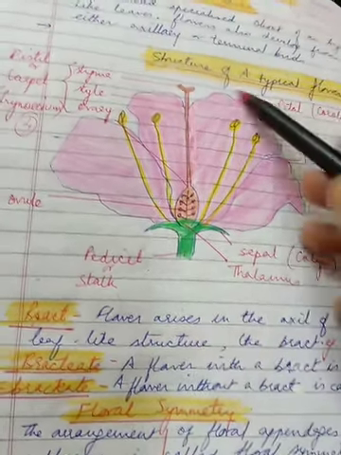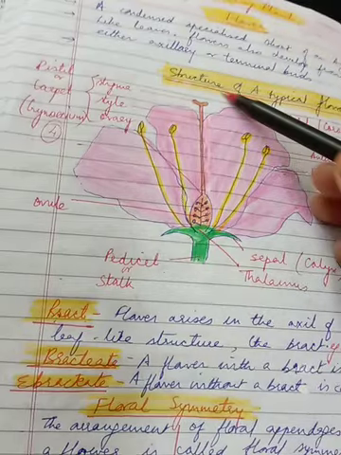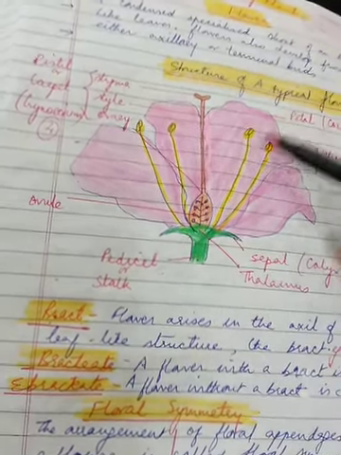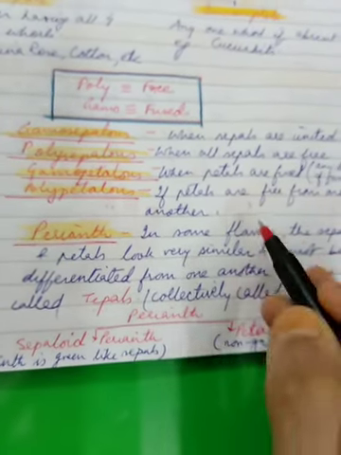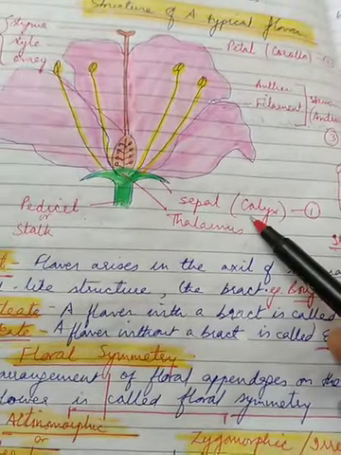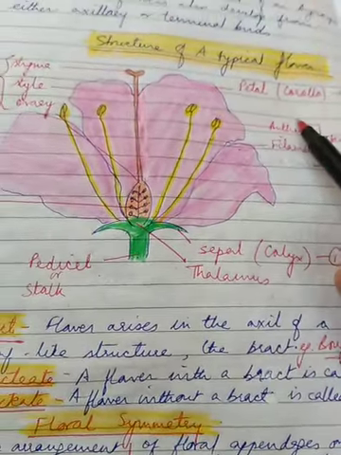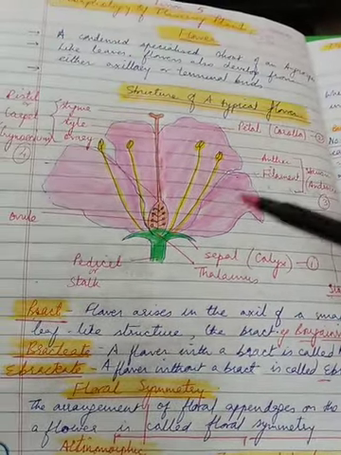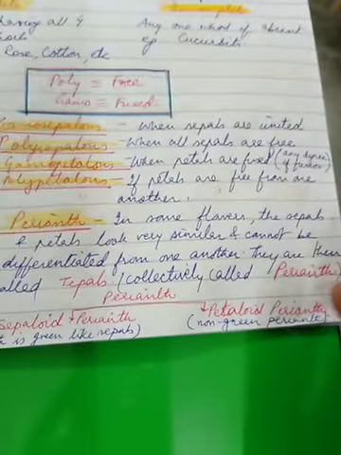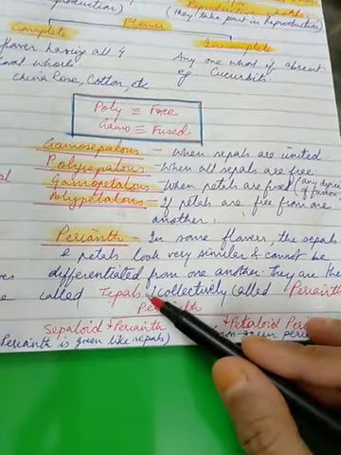So in that case the whole collection of sepals and petals, we'll not call them sepal and petal. In that case, we call them tepals, T-E-P-A-L-S, right? And the collection of sepals we call as calyx and petals collectively as corolla. But in that case, when they are looking similar, we call the entire collection as perianth. And one member will be called as tepal.